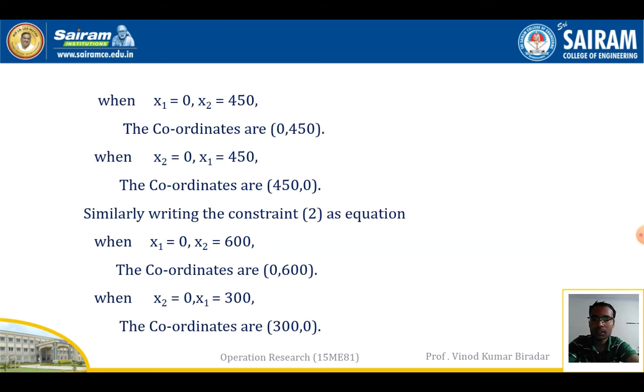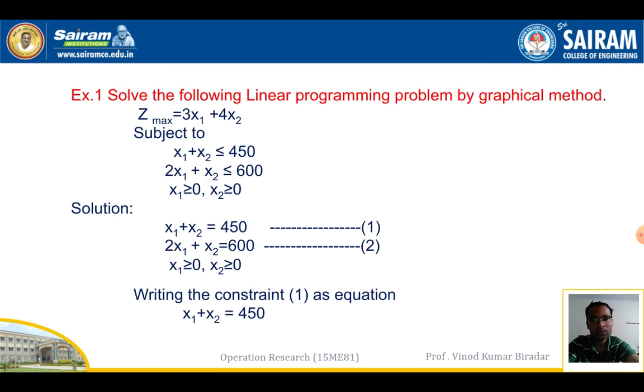Okay, so when x1 is equal to 0, x2 is equal to 600, and when x2 is equal to 0, x1 is equal to 300, you will get the coordinate 300 and 0. Okay, so I will repeat the steps. First step is write the equations as they are, give equation numbers 1 and 2, make them equal,